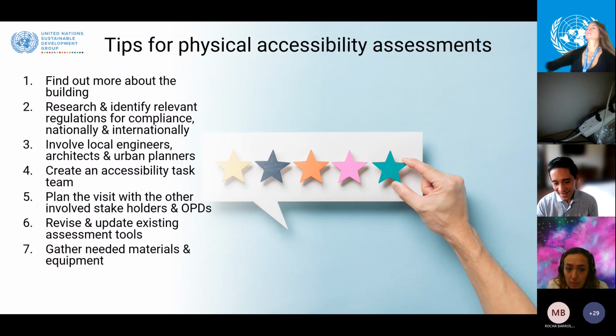Heather is asking about best practices in other agencies and how to identify candidates with disabilities for recruitment, like outreach to different entities, how to adapt terms of reference to include disability considerations, and how to manage the physical security of disabled staff members, especially in E-duty stations, which is a question we received in the last webinar as well, such as making bulletproof doors accessible.